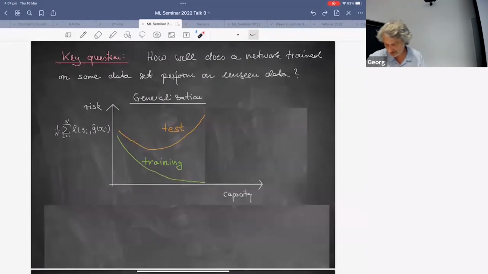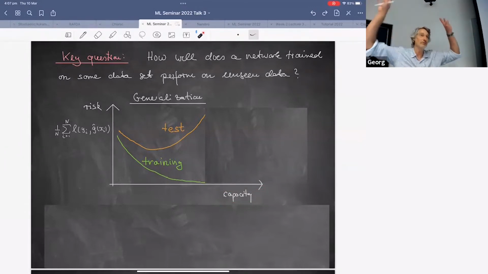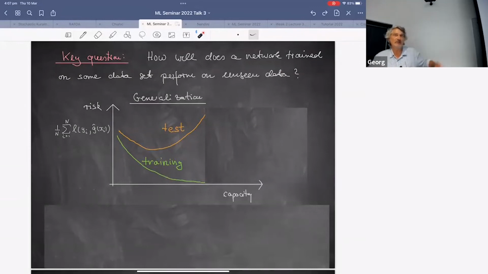Okay, so some comments on generalization. The question is, once we have trained a network, how well does that learned network perform on unseen data? In classical statistical learning theory, what you see is the following curve. This is the empirical risk for the training data, and then for unseen data, the testing data, up here. What you see is that the higher the capacity, and think about capacity as just the number of parameters for the moment, the dimension of your network and so forth,